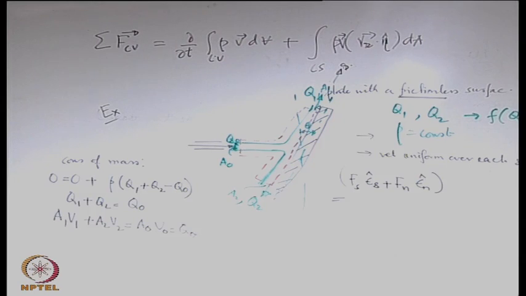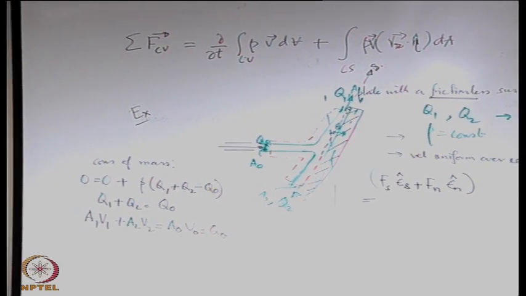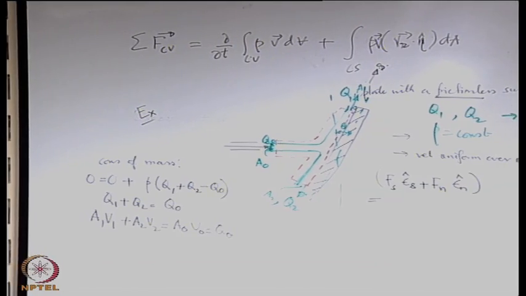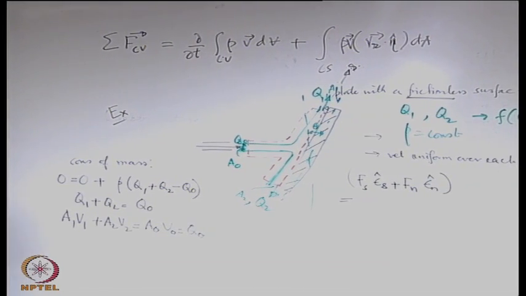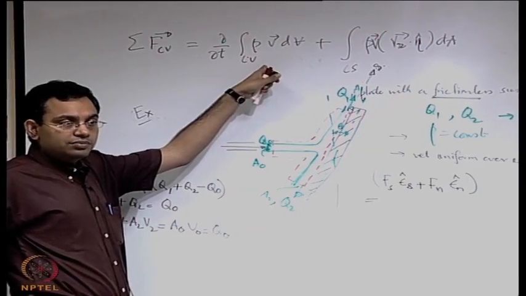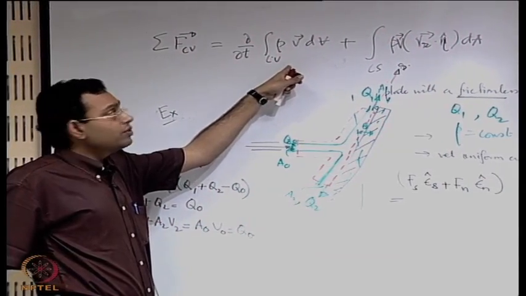for the first term, we are assuming that it is a steady flow, velocity is not a function of time, we are assuming a constant density, density is not a function of time, and the volume of the control volume is not also a function of time. So all these three considerations lead to the fact that this term has to be 0. So when this term is 0,